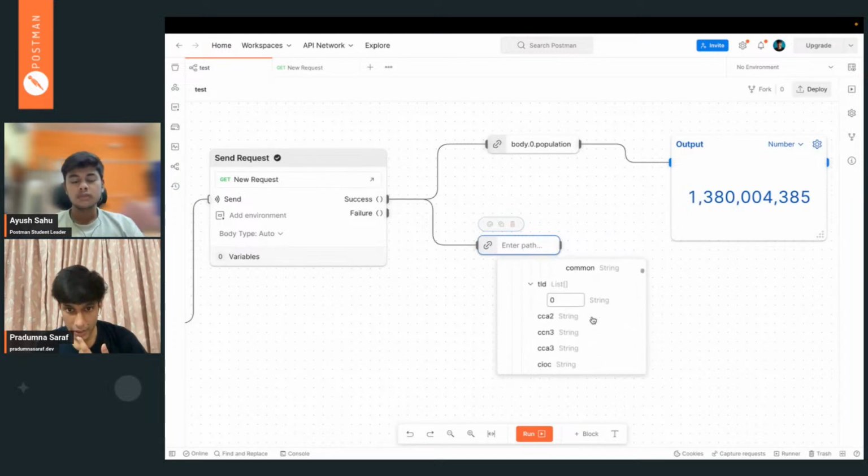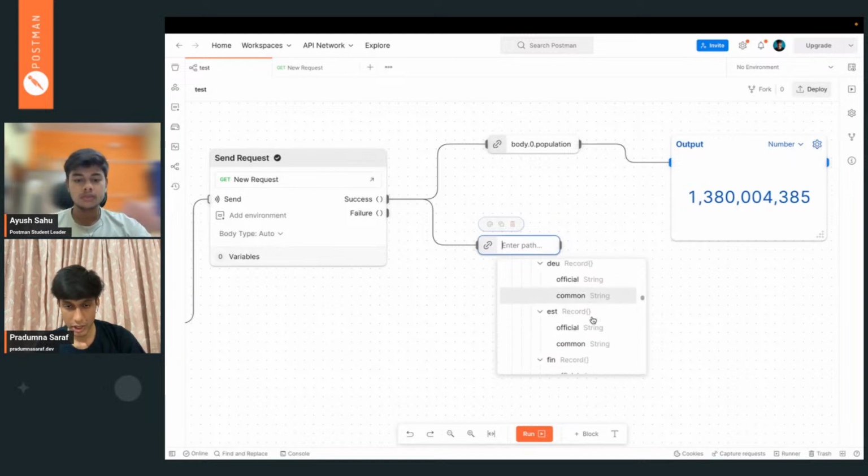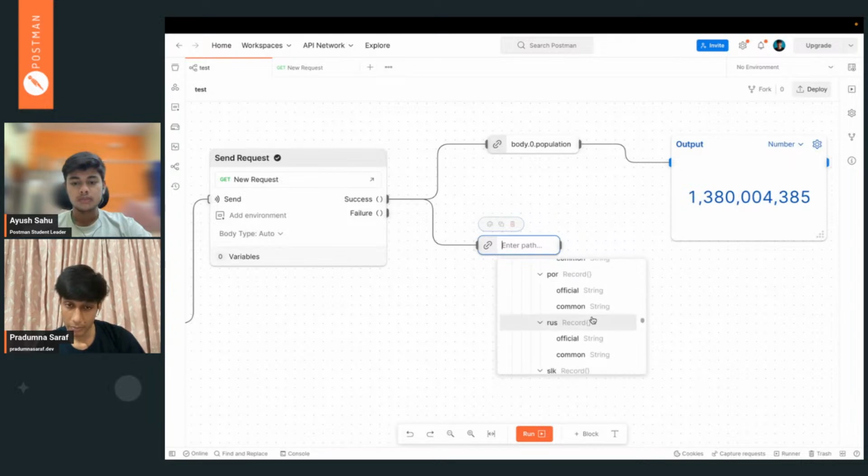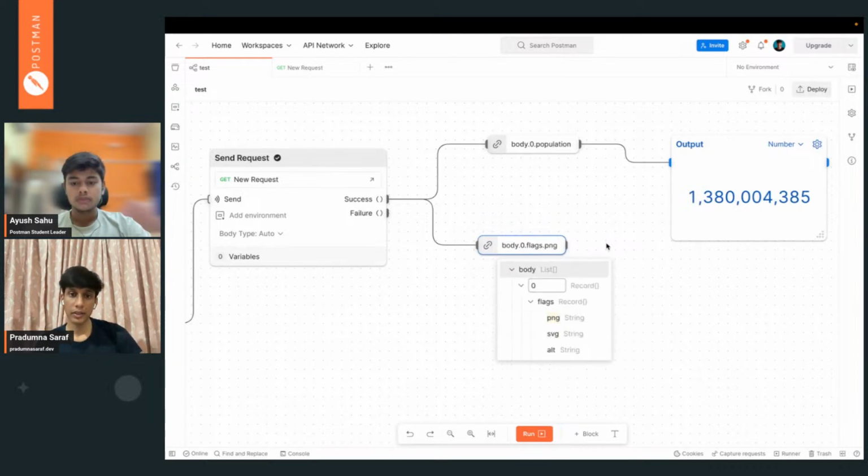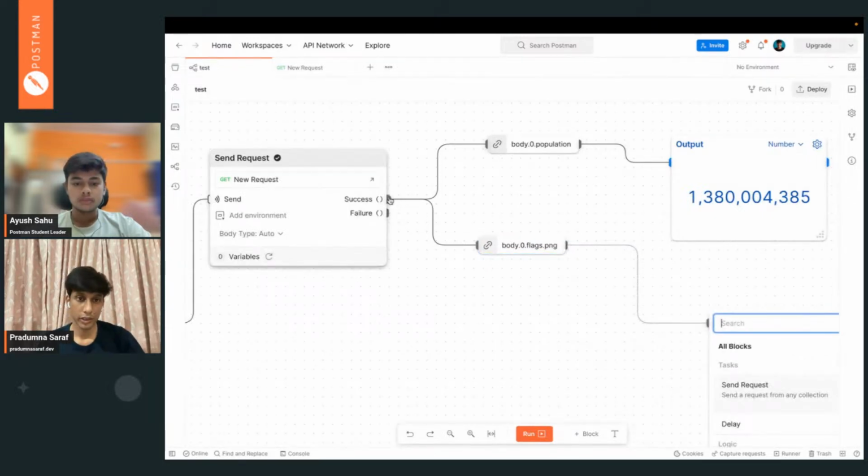We have one more object called flags. It contains the flag in PNG and SVG format, but the PNG is in URL form. So this is a good way to visualize whether any URLs are working or not. Let me show you that. So we have flag, which contains the emoji, so I will skip that and find the object. Yeah, this is the thing. You can understand that we will get data in URL format. I will also show you here as well.